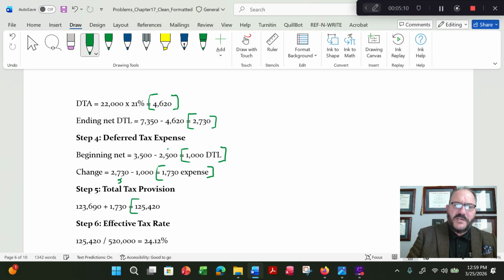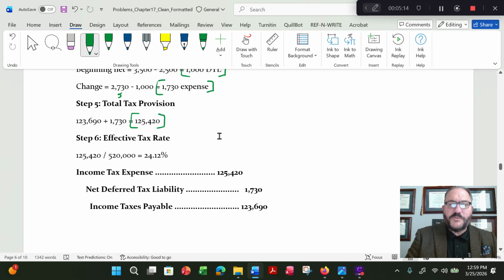That gives us our income tax expense or total tax provision of $125,420. And here's the journal entry. This goes to the IRS. This is the IOU taxes. And this is what we record for income tax expense. Take that income tax expense divided by our book income, effective tax rate of